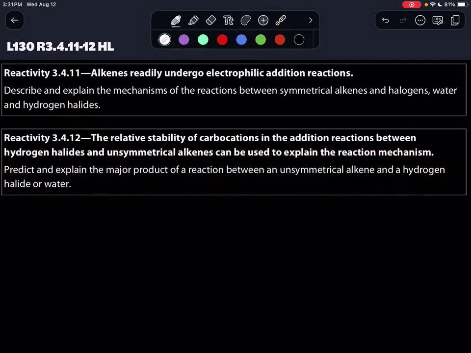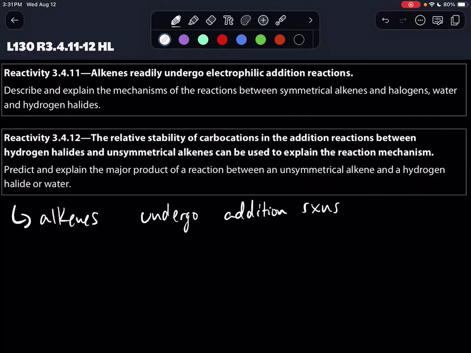So with all that said, let's just go to what we already know, which are alkenes undergo addition reactions. We know they break the pi bond of their double bond to go from an unsaturated state to a saturated state. But the thing is that symmetrical